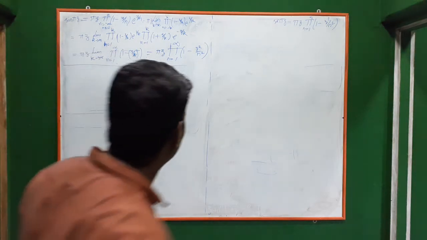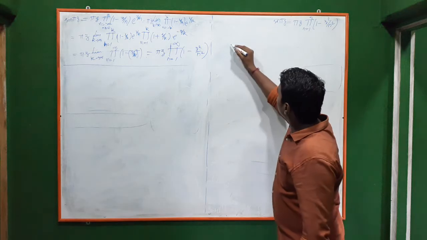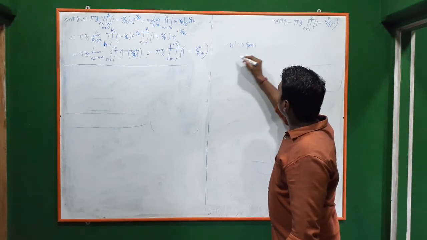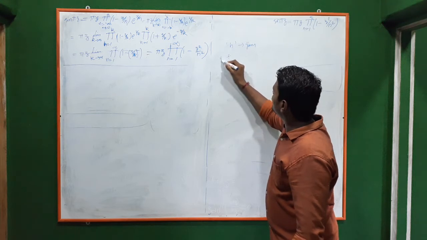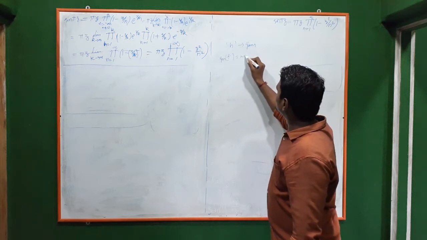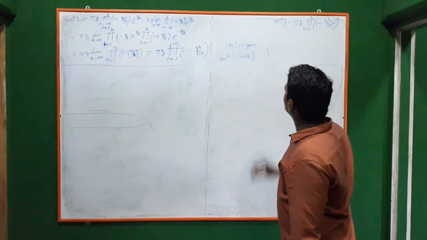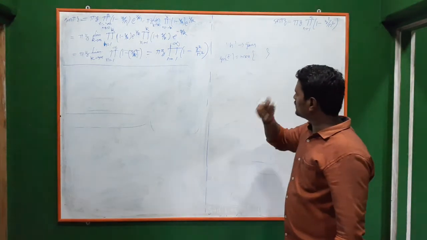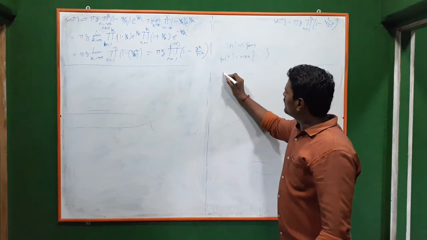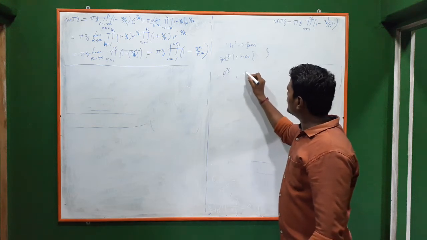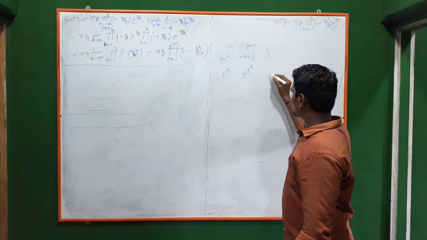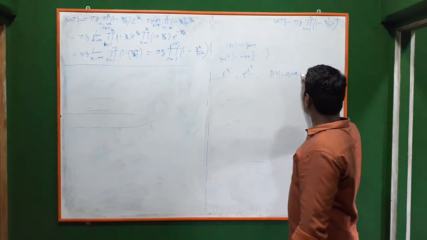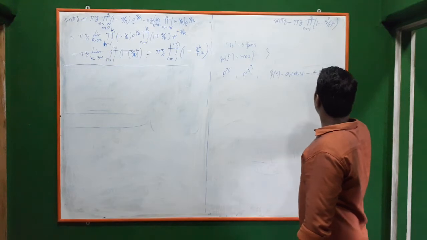In that previous thing, we have found genus as H, isn't it? H is the genus of the product, and the genus of F will be the maximum among those two. Correct. This is for products. There are other examples where only functions are there: e^z, e^(z²), and some polynomial p(z) = a0 + a1 z + ... up to z^n.